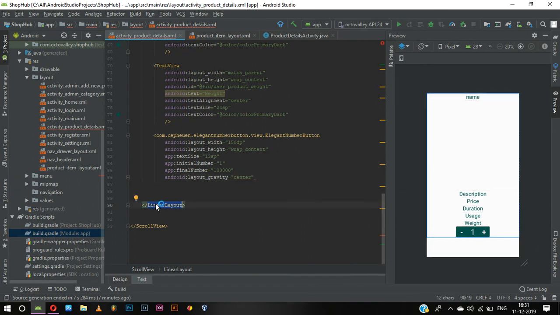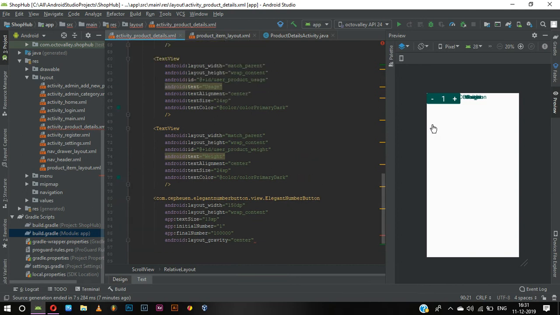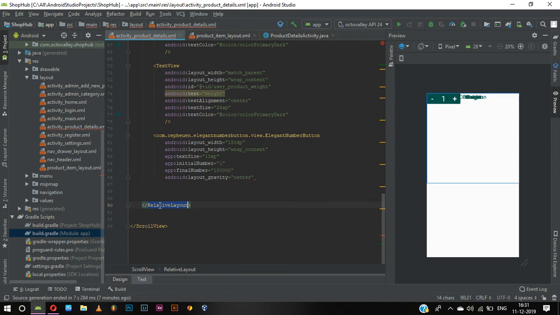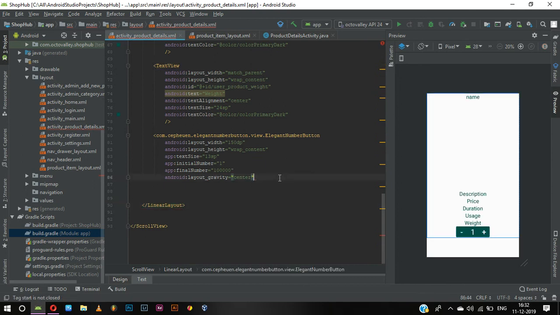So instead of this linear layout, we can change it to relative layout. Let it be relative layout, and it's showing so many errors. So better linear layout. And now for this, what you can do is,